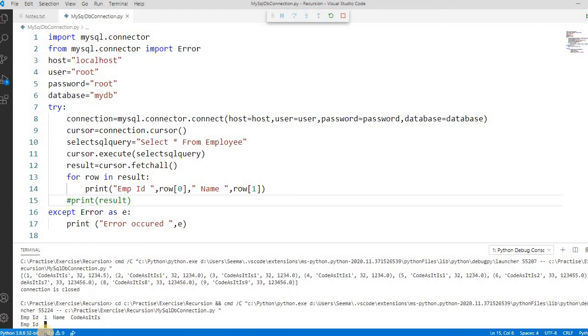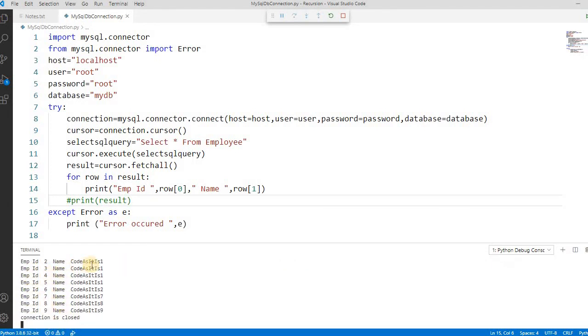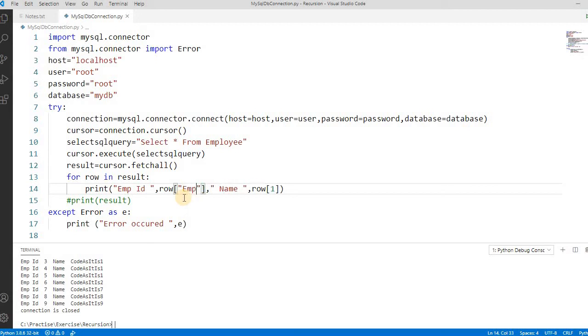See, it's printing employee ID and name. Done. Now suppose I want to get it with the column name, like this ID. Let's run this and see the error.